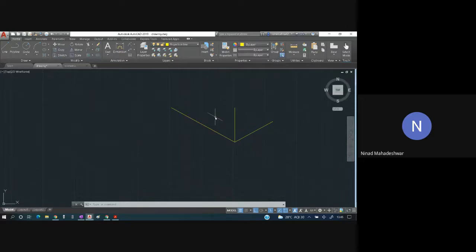Now one of the most important features in AutoCAD is the copy and paste function. Over here I am going to copy this. What am I going to copy? Length. I'll press enter. This is the starting point. End point should be here. Since now it is an XZ plane, I will press F5 again. Now this becomes XY plane.